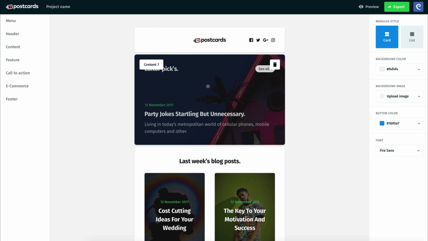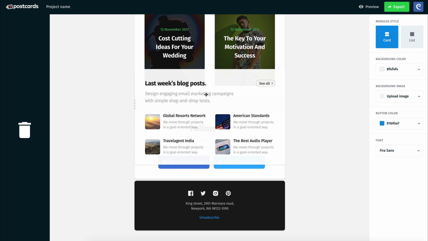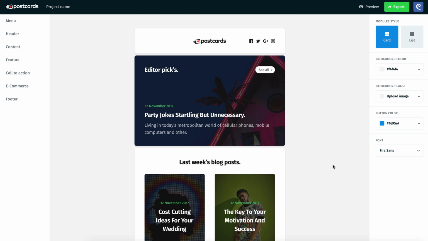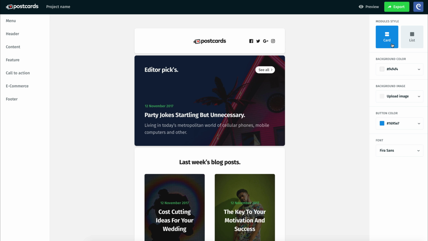This is our newsletter. Remember, you can change the location of modules with the drag and drop module in this style. Now, let's see what options we have in the right sidebar of Postcards app. The module style will change the distance between modules. If we click the List option, we see how the modules will be united and the result will be a